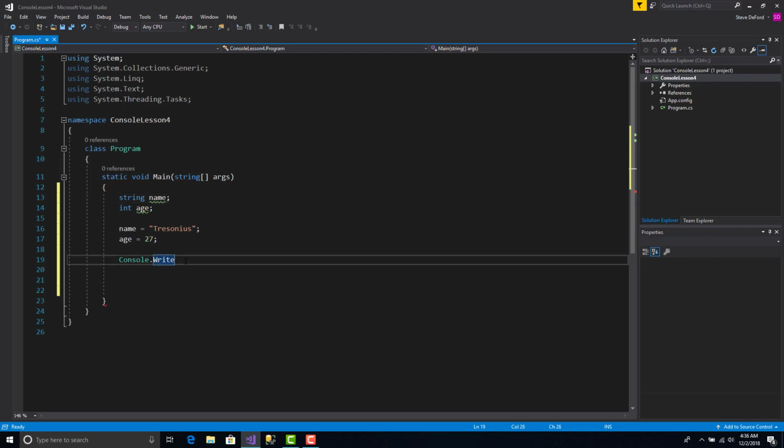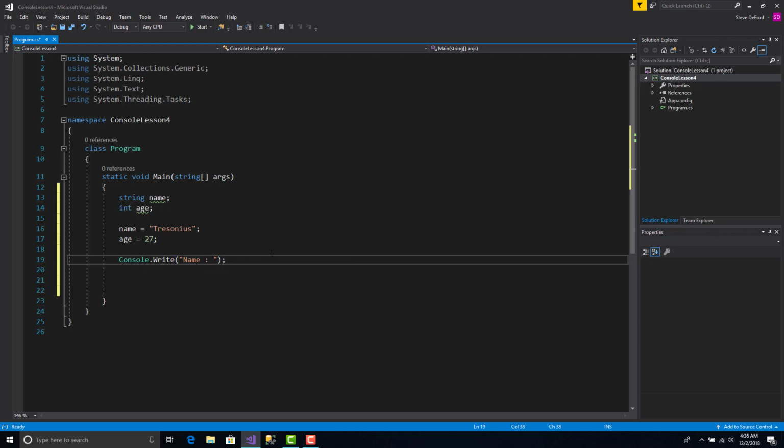Okay, coming back down here, console.write. So console.wr, hit the tab key, and then anytime there's an action, you always need to use parentheses. Parentheses are the way that C# indicates a method or function. Methods and functions are used to create an action. So console.write, open parenthesis, and then inside the parentheses, I want to put quotation marks, and I want to put the word NAME, space, colon, space,